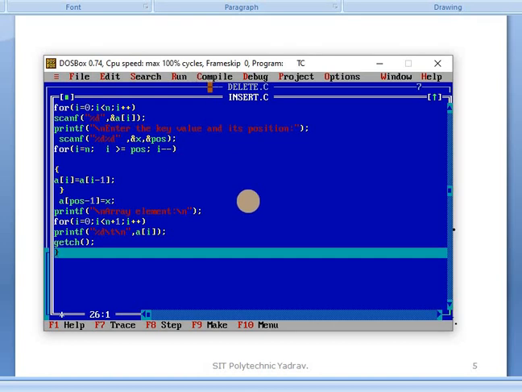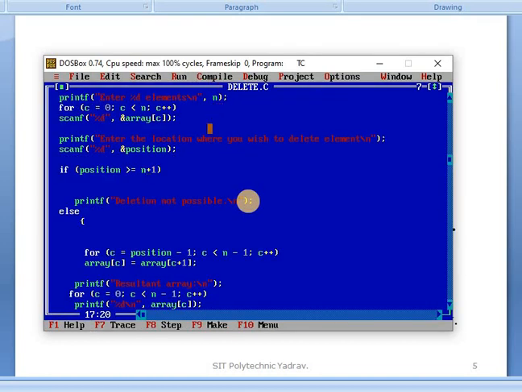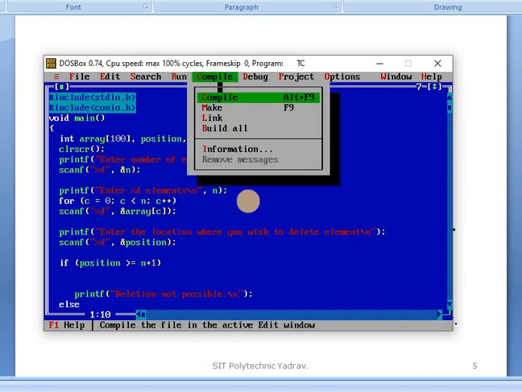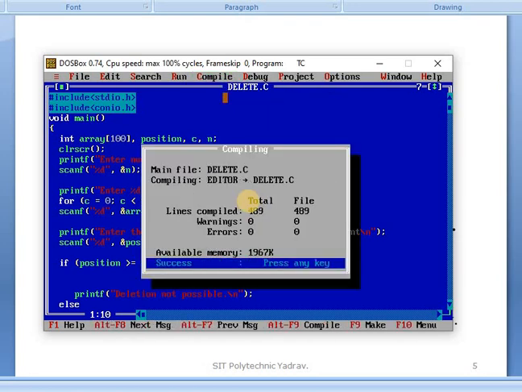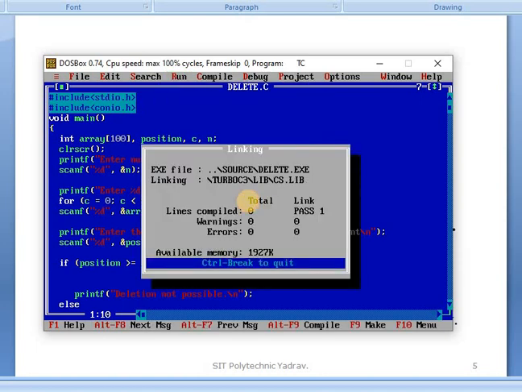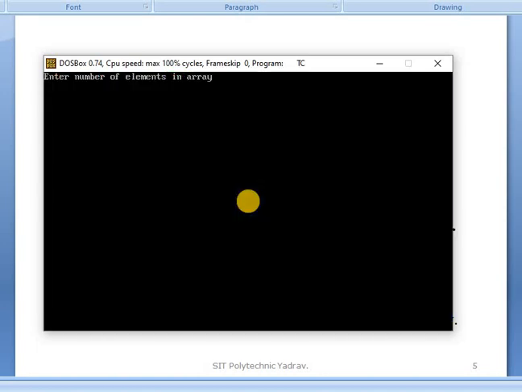Another program we see is delete. We also run it. Compile, then run. Enter the number of elements, for example 3.